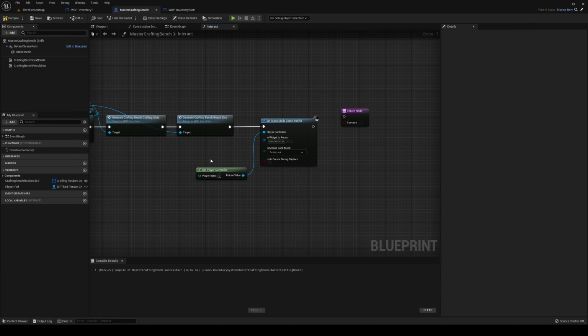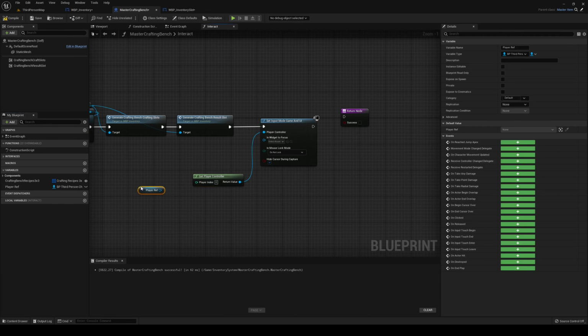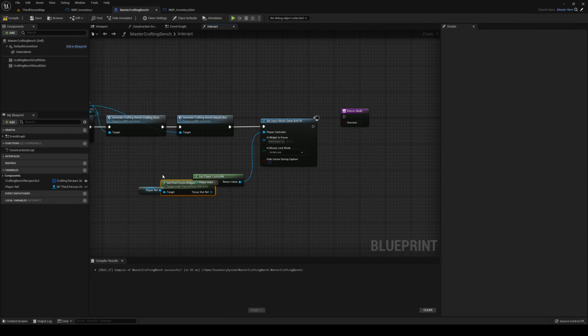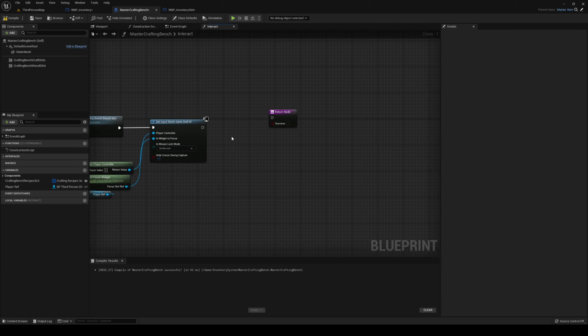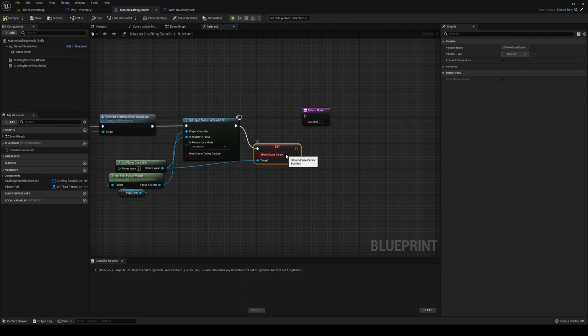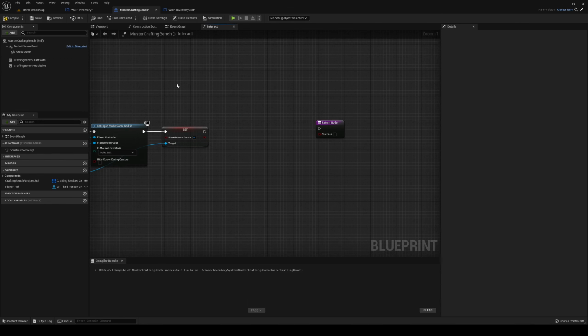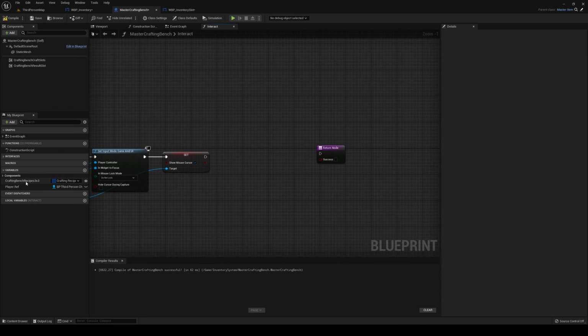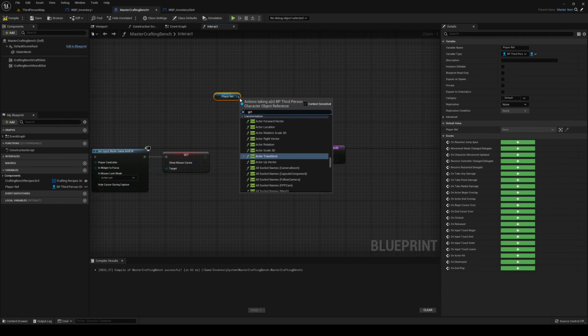The widget I want to focus on, I'm going to get my player ref, get first focus widget, same as we did before, like so. I'm not going to hide during capture. Out from the player controller, set show mouse cursor. Be true, and this time I'm not going to toggle the inventory because we don't want it to go back